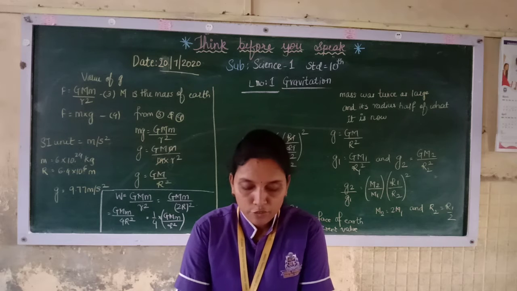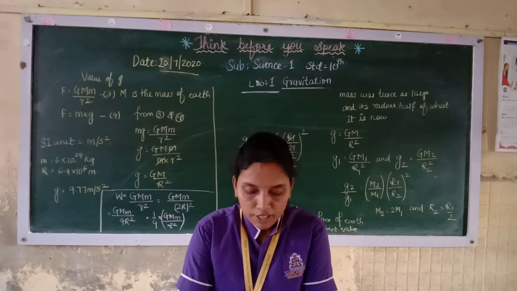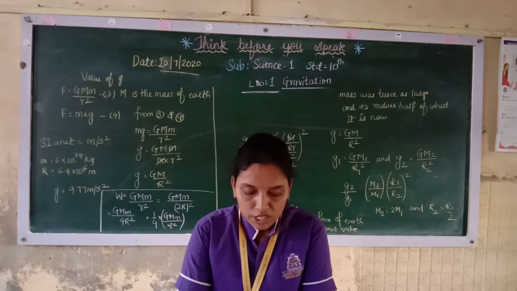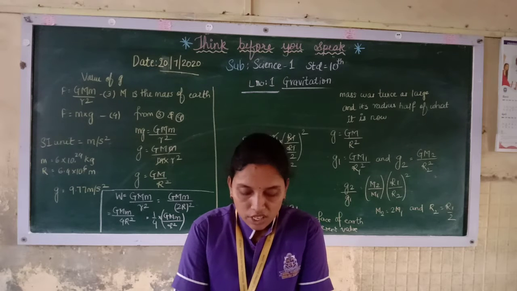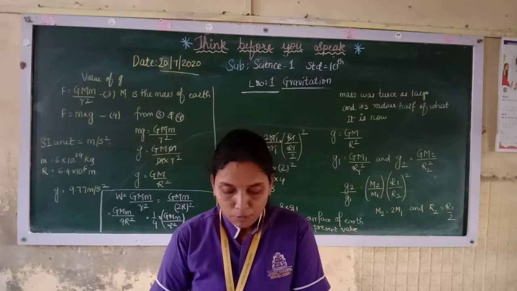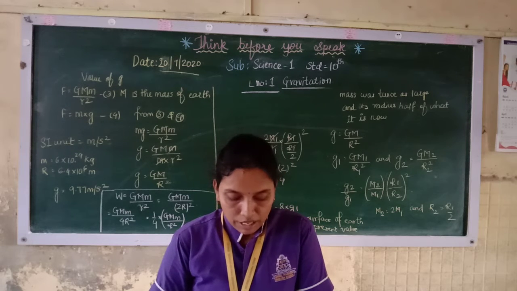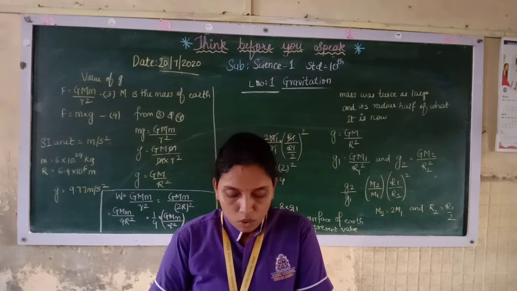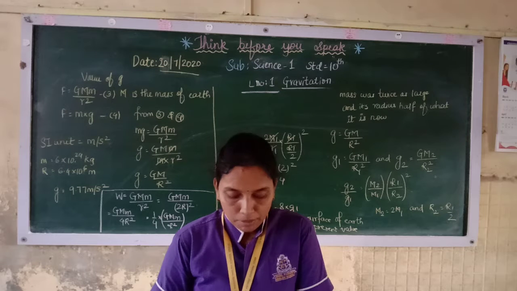Will the velocity of a stone thrown vertically upward remain constant, or will it change with time? How will it change? Why does the stone move? Why doesn't the stone move up all the time? Why does it fall down after reaching a certain height? What does its maximum height depend upon?